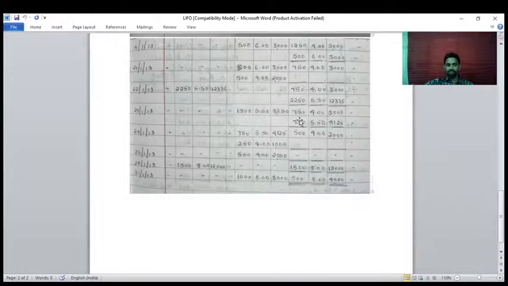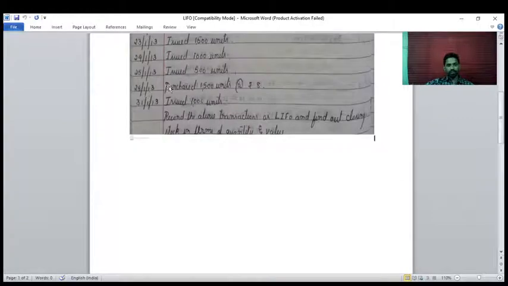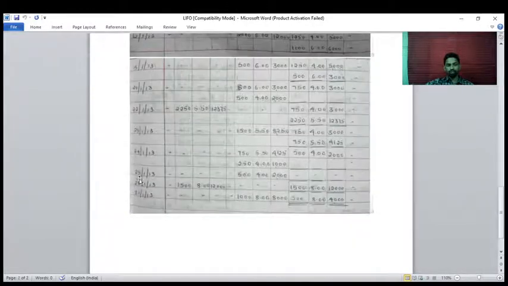So see here, we have taken 250 from this stock at the rate of 4, it's 1000. Okay, so we have taken 250 from this 750 and the remaining stock is what, 500. Okay, on this 24th January 2013. Again on 25th issued 500 units. Okay, so remaining stock is 500 and fully issued on this date. Okay, 25th, on 25th January 2013 there is no stock. Okay, there is no balance.